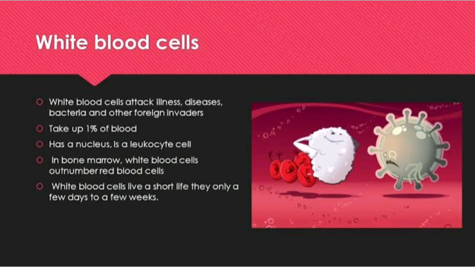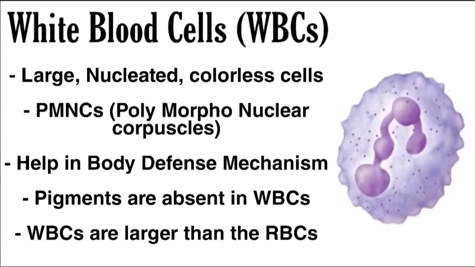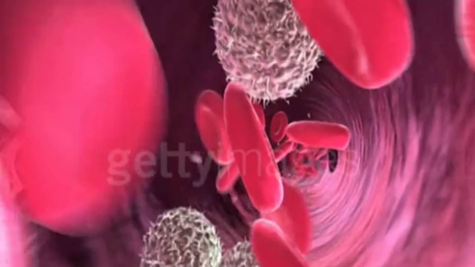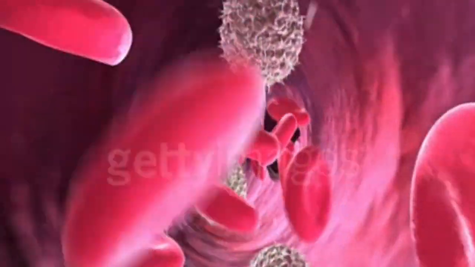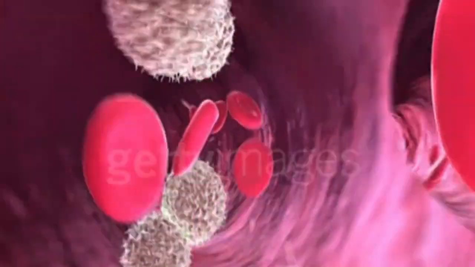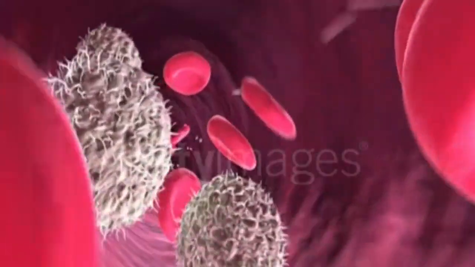Hence, they are nucleated cells. These WBCs are involved in body defense mechanism and they fight against diseases. We will also call WBCs as PMNCs, that means polymorphonuclear corpuscles. The lifespan of overall WBCs is about 13 to 20 days, or it may take about a few hours